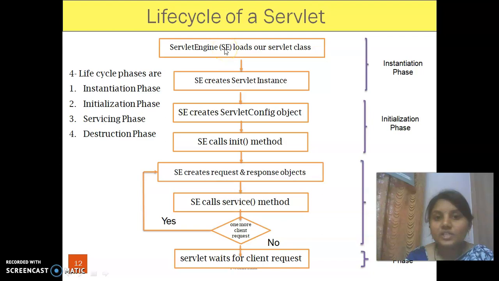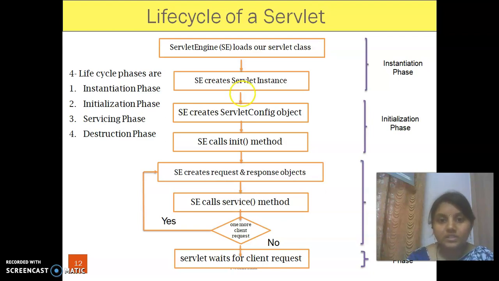The servlet engine (SE) loads our servlet class when the client requests anything from the server. That is the first step. Then SE creates the servlet instance. So this is the first type, implementing the servlet interface.